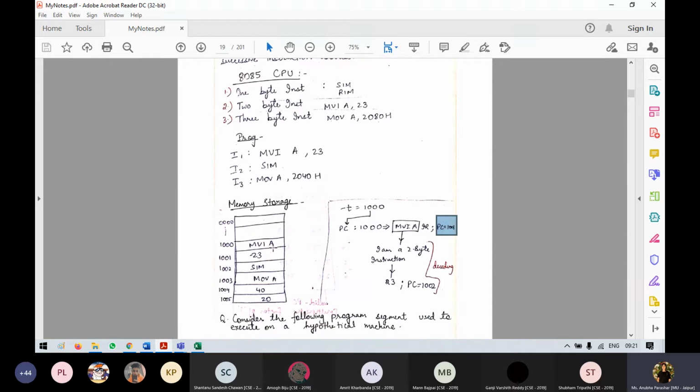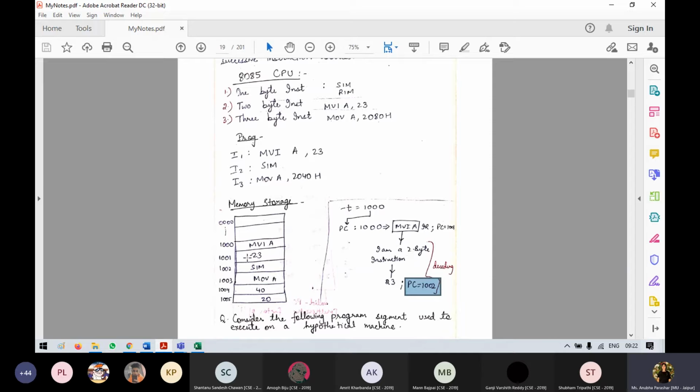MVI A suggests that it is a 2 byte instruction. So the program counter will decode this instruction and again hold the address of the next instruction.